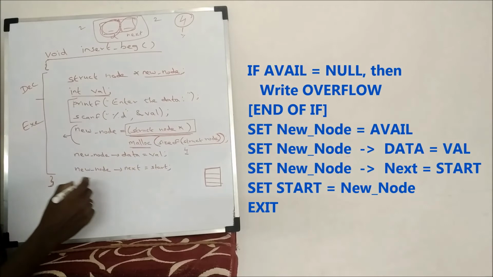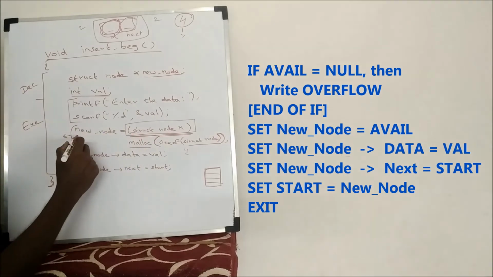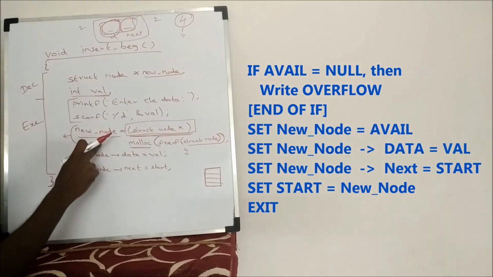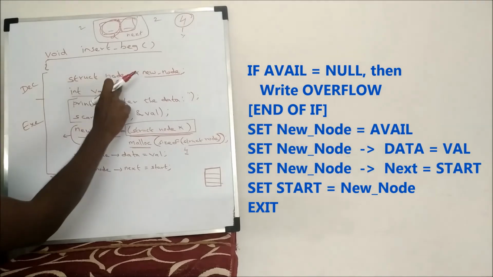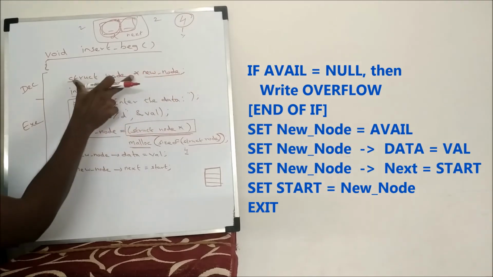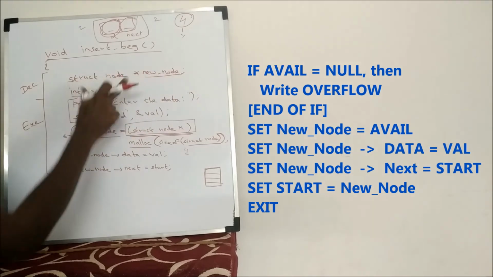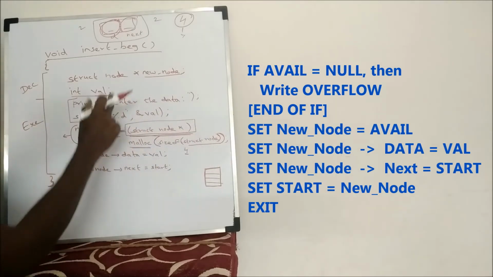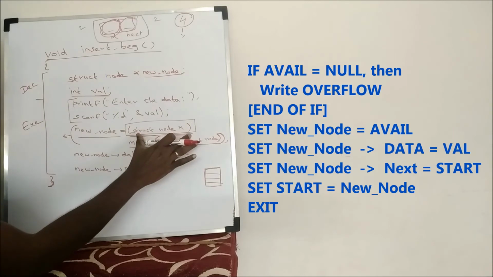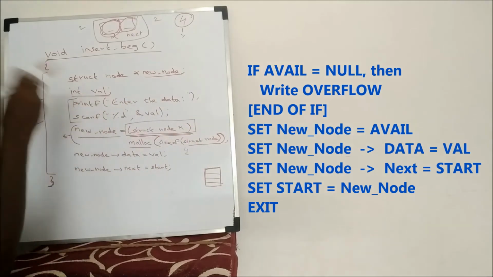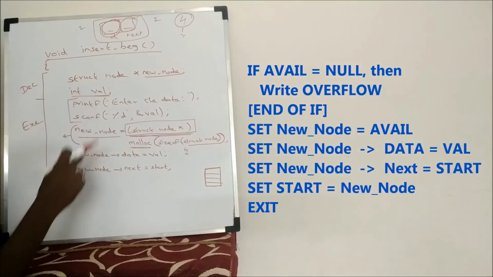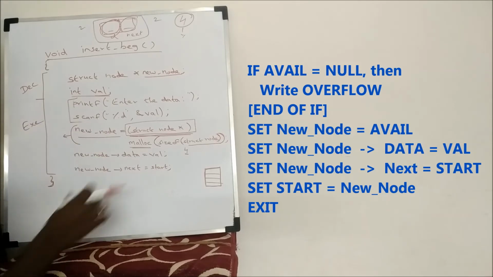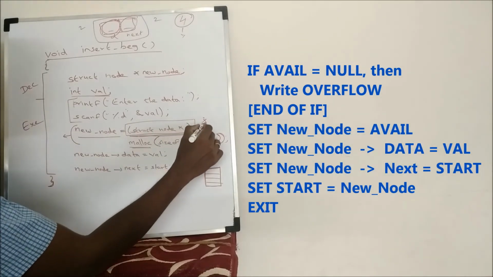Now what will we typecast it to? What I am going to store is a new node. What is this type? What is the type of the new node? struct node star. That is the data type of the new node. So the allocated memory has to be converted into what? Once again it should be converted into struct node star. Only when it is converted can that memory be utilized for our new node. So this typecasting is very important.